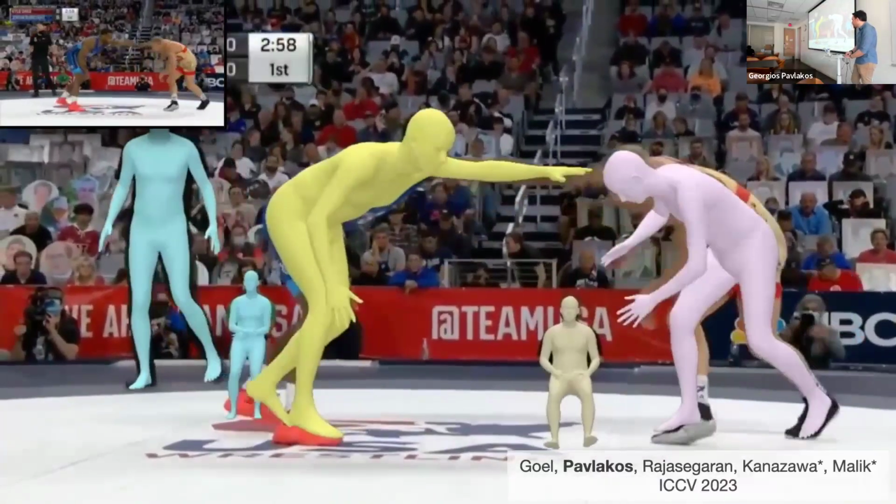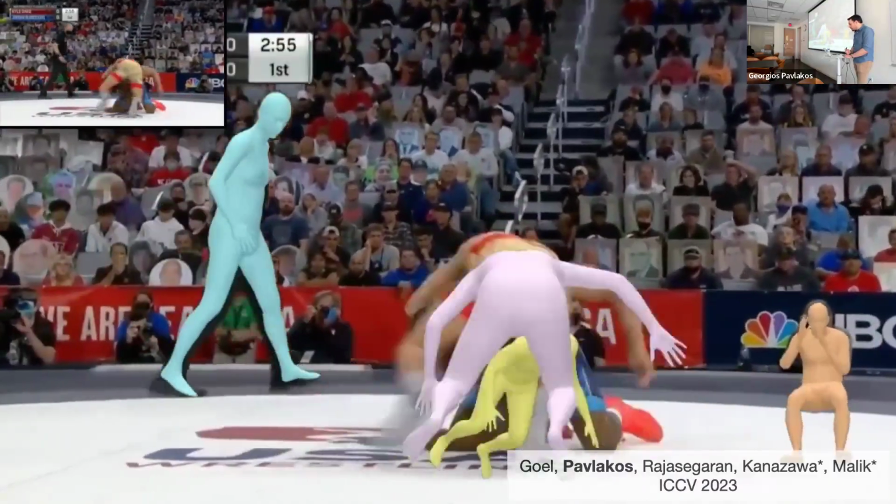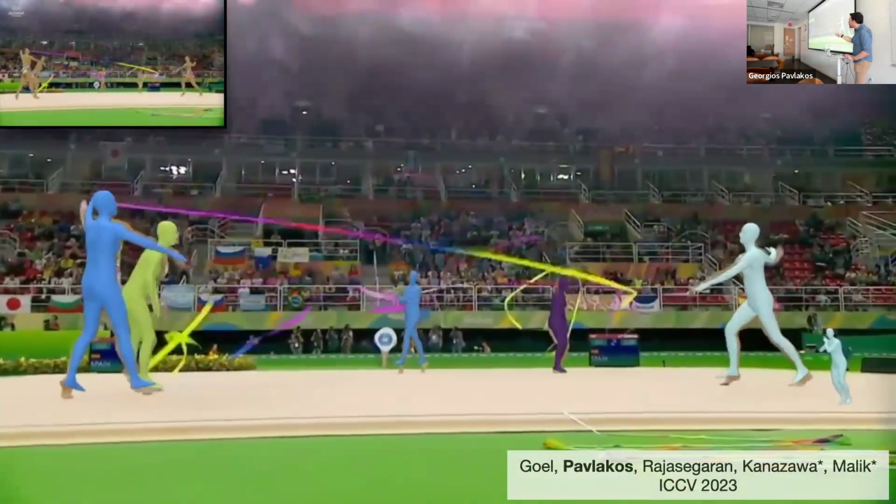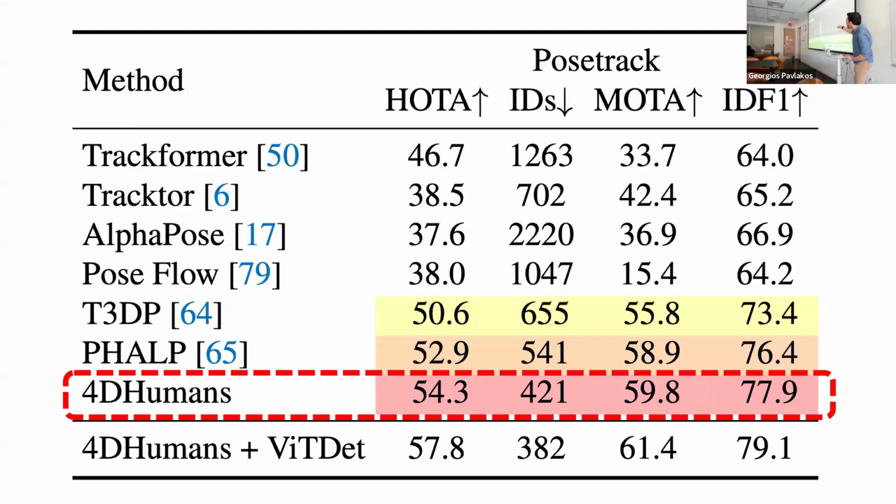And we try this also on some team sports as well. And yeah, we also evaluated against previous approaches, and our 3D-informed tracking was outperforming the previous state of the art that was often built specifically for humans, specifically for tracking on 2D images. We could still get better performance through the richer information that we capture in our tracking. So you don't have just a soup of pixels, you have the actual 3D pose of each person. So this is one task that we tried to demonstrate the benefit of this improved model.